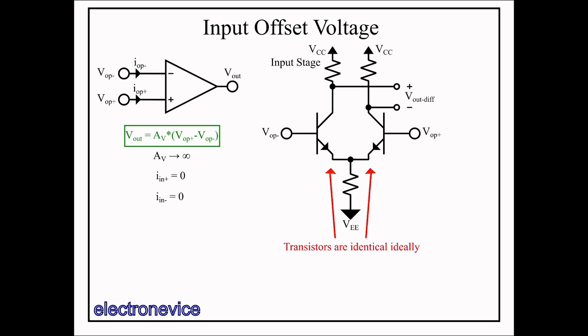Assuming both transistors are identical, and both collector resistors are identical, you can imagine that identical voltages at VOP- and VOP+ will produce identical collector currents through the two upper resistors, which will produce a Vout diff of 0 volts. Increasing the voltage of both sides slightly, by maybe 10 millivolts, will produce a decrease in the common mode voltage of the two collectors, but no change in Vout diff. It will still be 0.